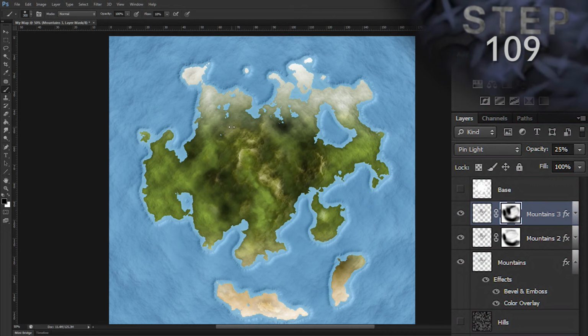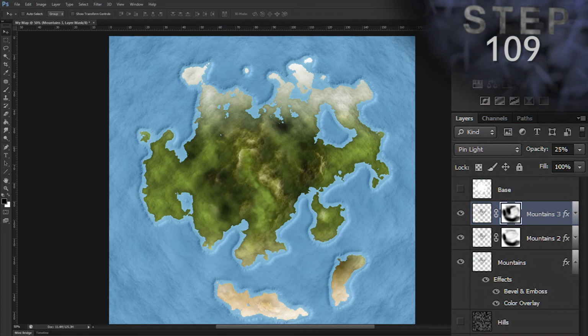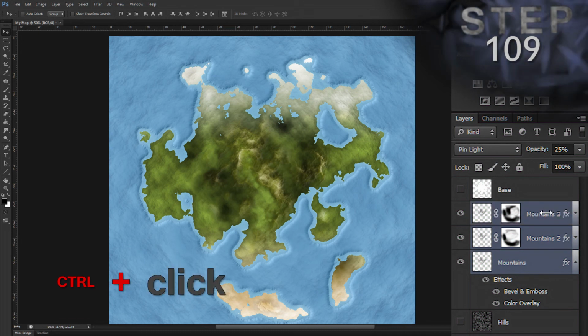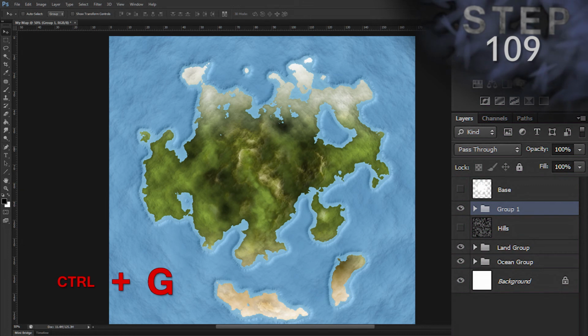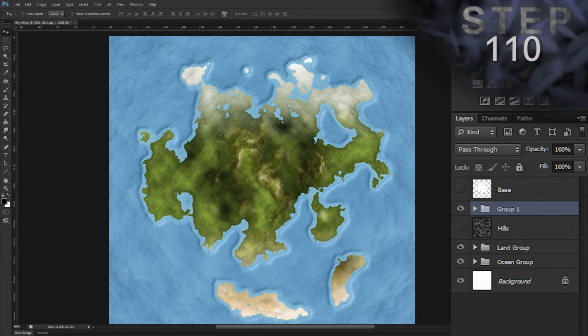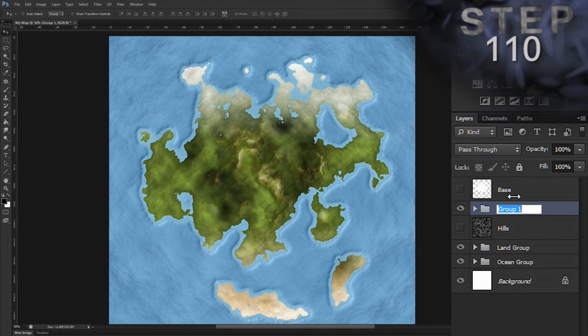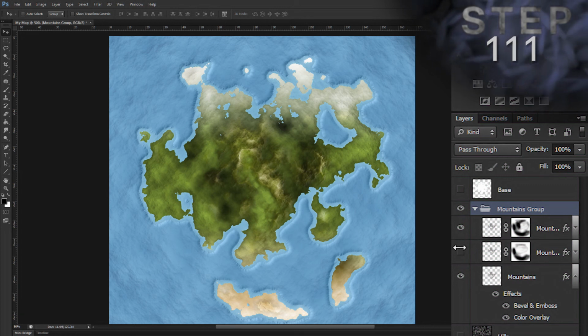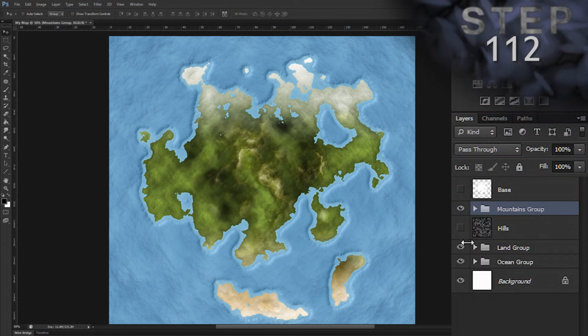Okay, so step 109, select layers Mountains, Mountains 2, and Mountains 3, so hold Control and click on each layer to select them. And then group those layers, so Control G. Now rename the group to Mountains Group. Double click the group name, Mountains Group, enter. Now if you don't like the look of layers Mountains 2 and 3, you can just hide those layers. Okay, so hide group Mountains Group